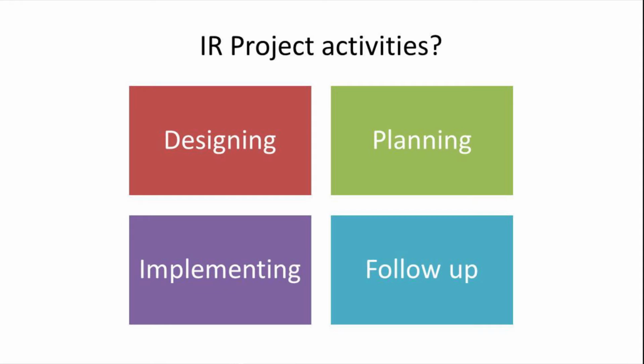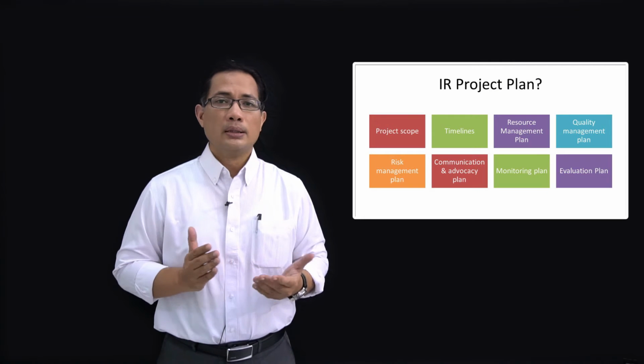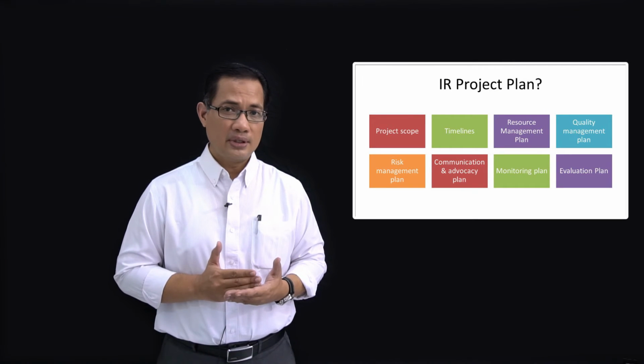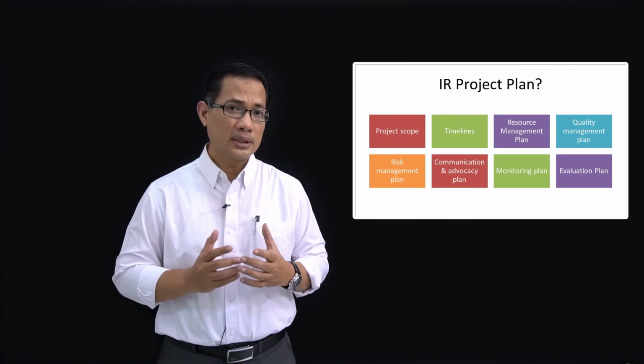For the implementing stage, we should keep in mind activities like gaining approval, monitoring implementation, and communicating findings. While for the follow-up stage, we anticipate activities like documenting impact on policy or practice, planning further research, and closure of the project. Now that we've discussed the key activities to plan for, let's see what are the key elements